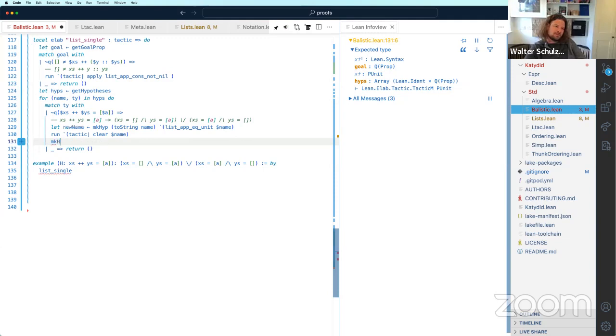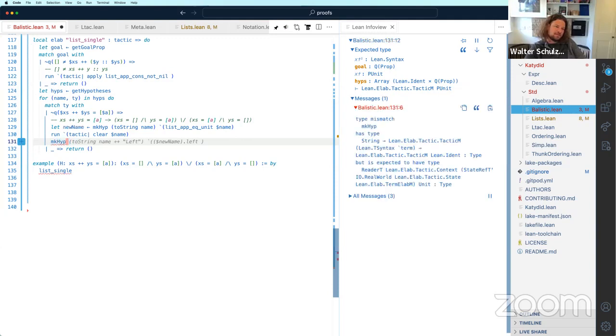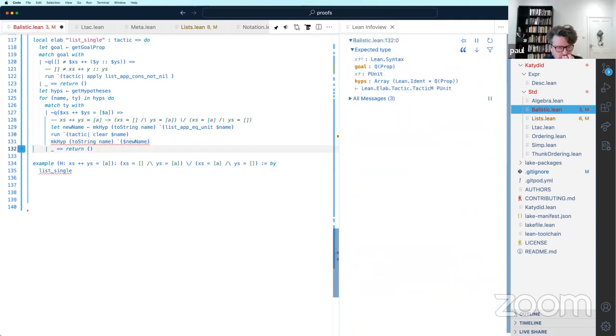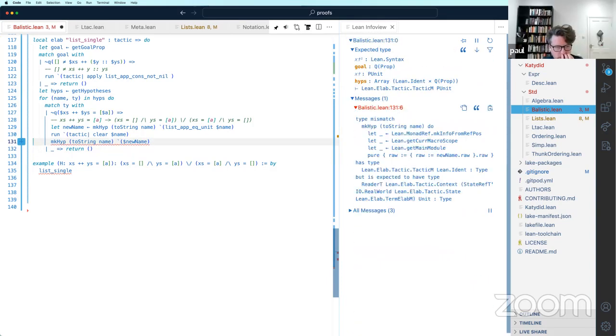So you can go make hypothesis, string name. Let's just do new name. Then clear your new name.